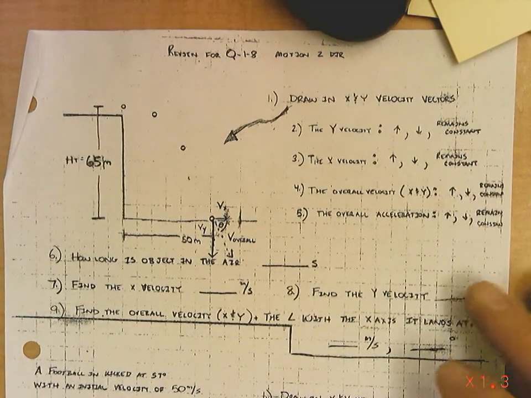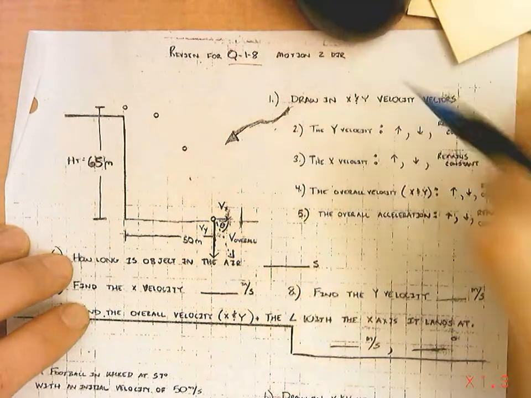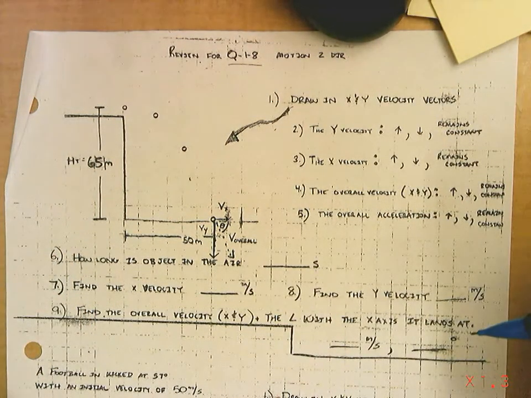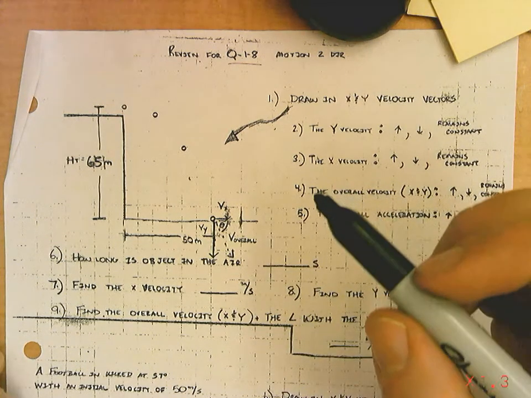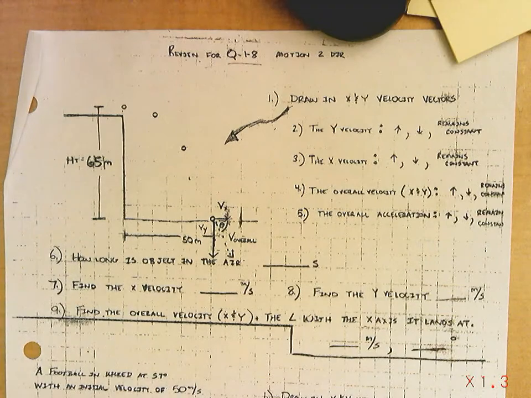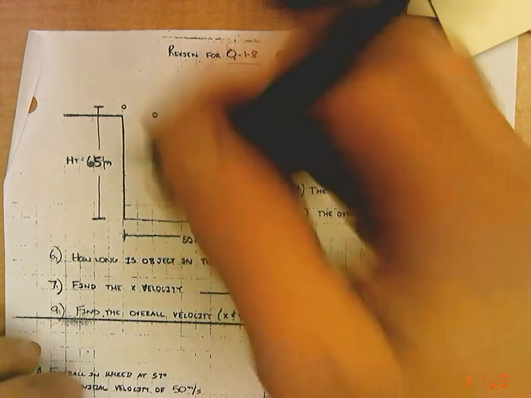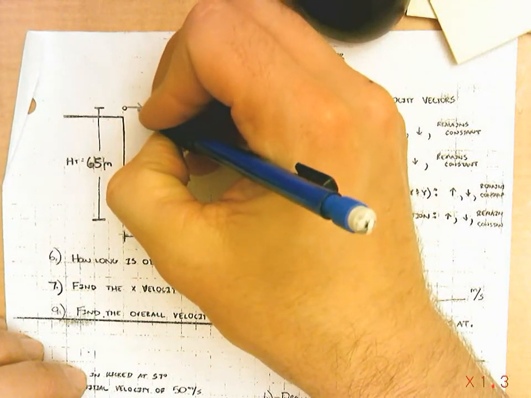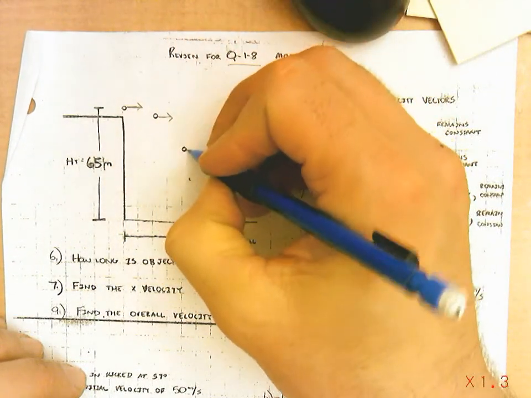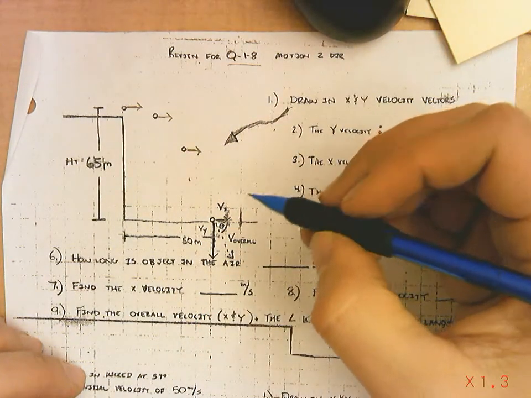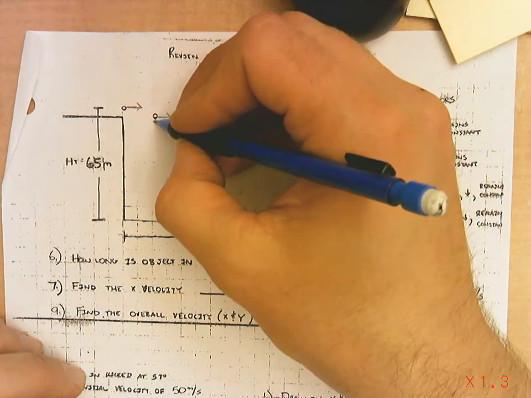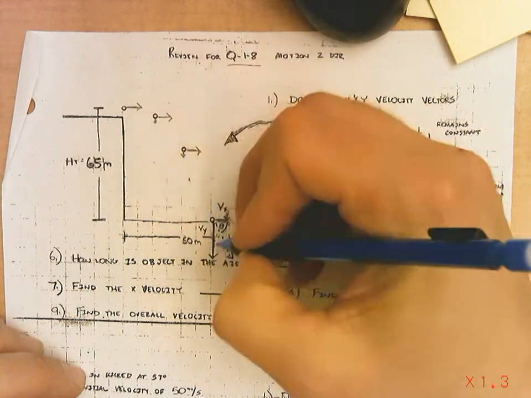Okay guys, we got a little review for Q18. I'm going to start with the top. So first thing we want to do is draw in our velocity vectors. If we take a look and see how this comes together, we've got our X arrows remaining constant, and then it gets down to the bottom, and then our Y arrows, they steadily grow in size